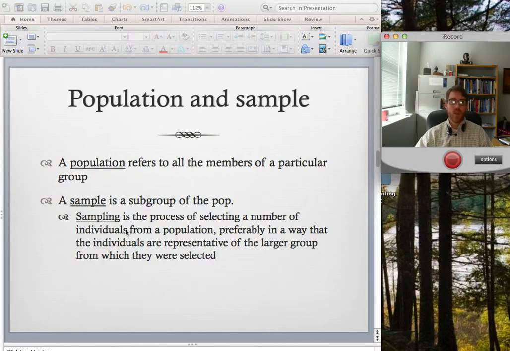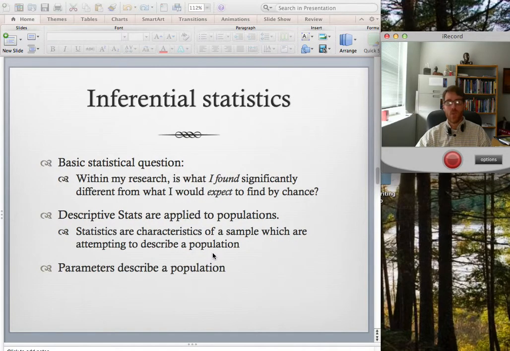So we use sampling techniques to attempt to identify a sample that is most representative of that larger group. And there are a lot of different nuances and techniques to doing that, such as simple random sampling and stratified sampling, that help remove bias in selecting a group. It also provides credibility and reliability in our statistical numbers later on, based on how we sampled. And that's important to know, as in descriptive statistics we're just describing what we have. But then we're going to move into inferential statistics, where we're attempting to infer to a population